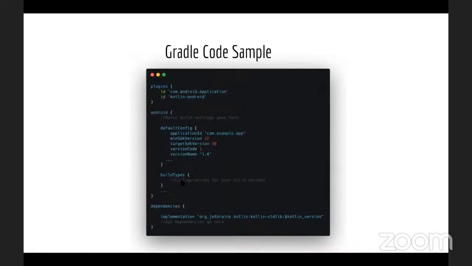So here we have build type. What it means is you can have different types of build that you want to execute. Say you want to only test your app on your device and not build for the store. Building for the store is when you're ready to release your app to the world, then you need to set a configuration that helps you build a version of